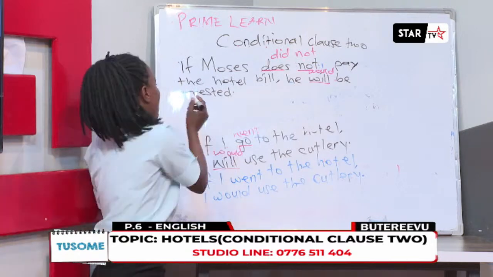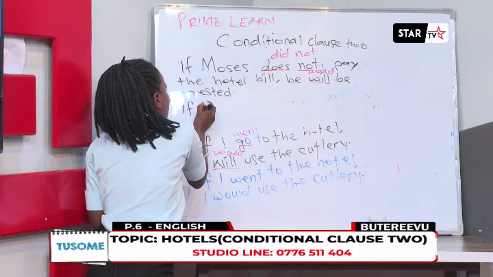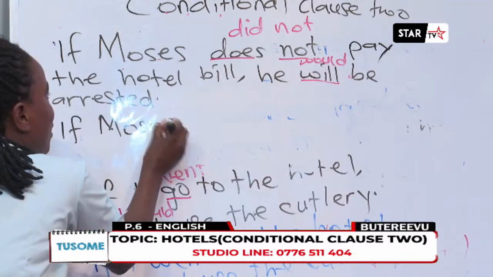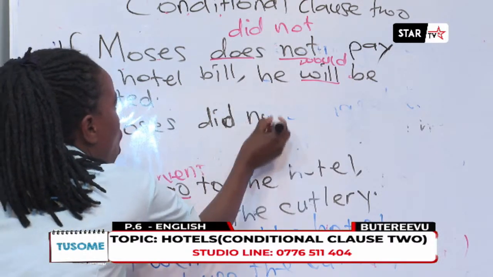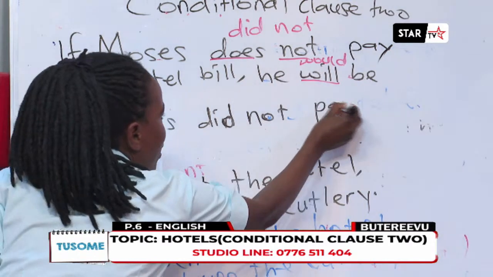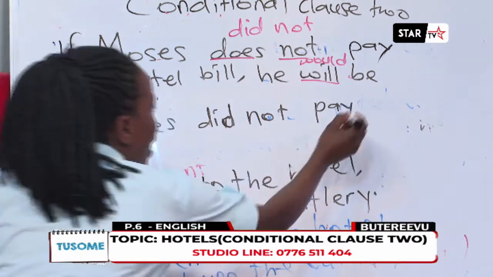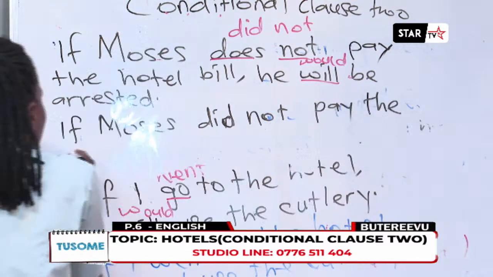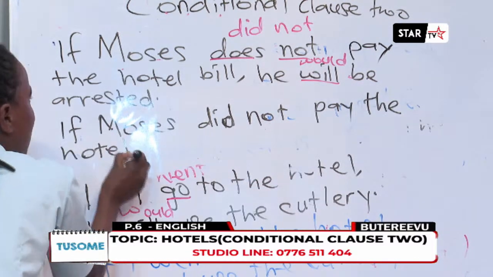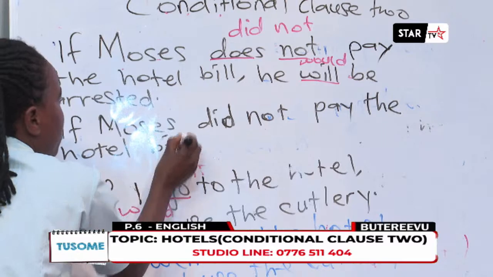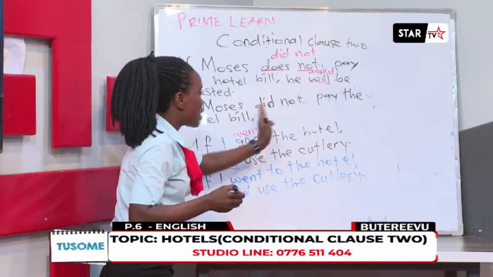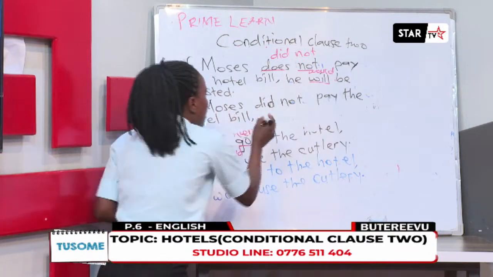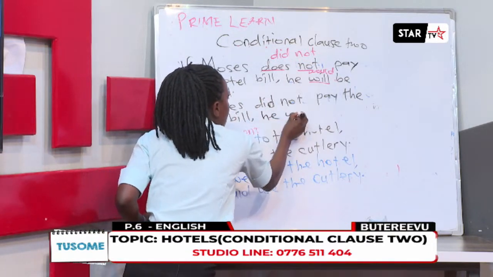And our answer will be, if Moses did not pay the hotel bills. If Moses did not pay the hotel bill, because the one we have in our question, if Moses did not pay the hotel bill, he would be